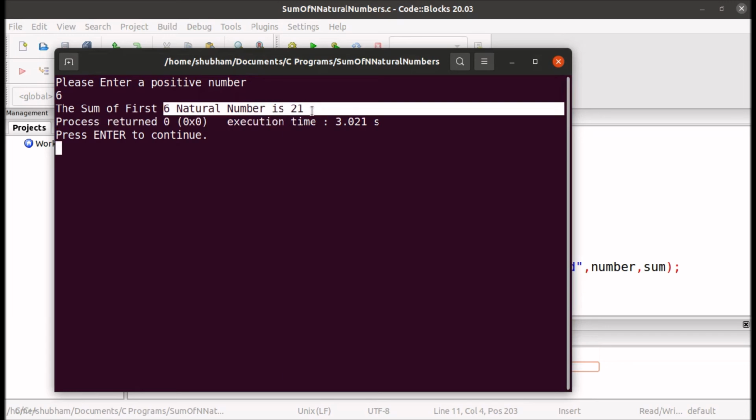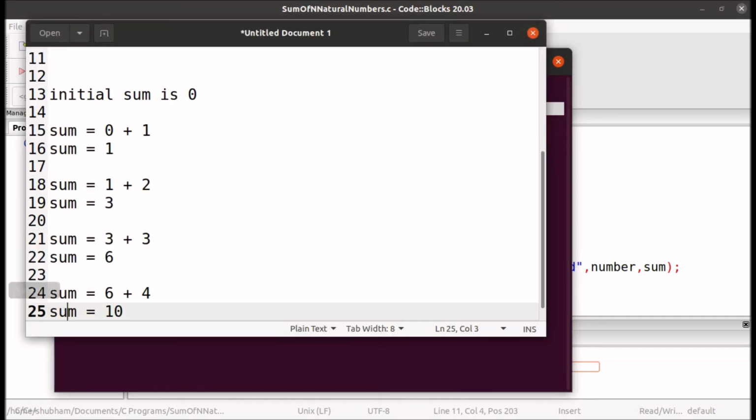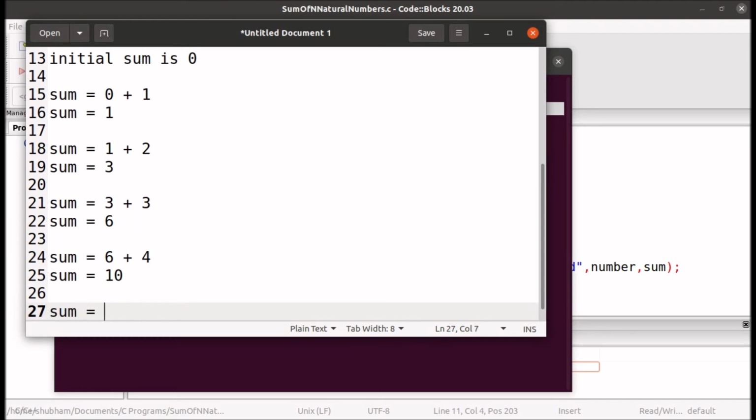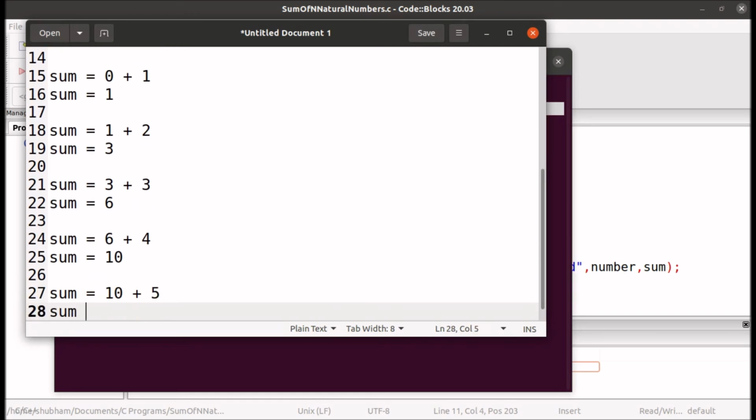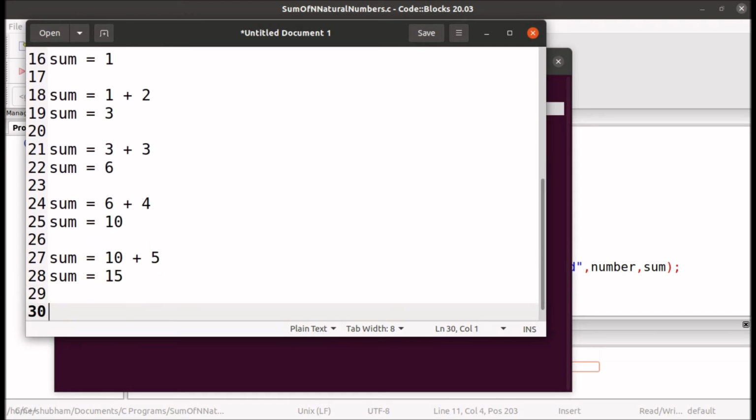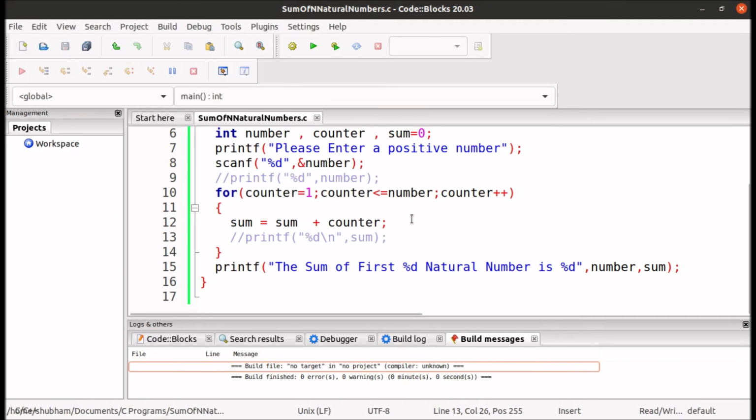So how the value is calculated, let's understand. After calculating the sum of first 4 natural number, the current value of sum is 10, and the counter will increase to 5, and sum will become 15, and it will check if the value of counter is less than or equal to the input number. It will increase the value of counter at this line and check the value of counter, which is 6, and it is less than or equal to number, that's why it will execute this line.